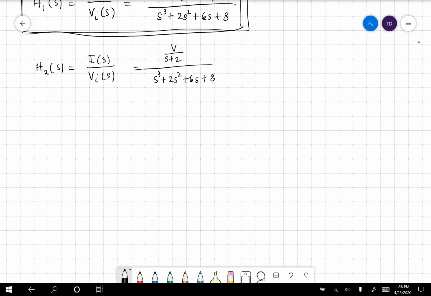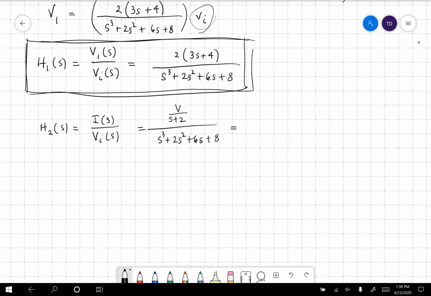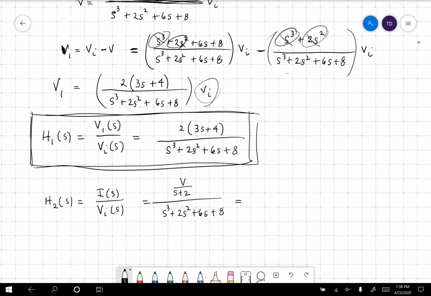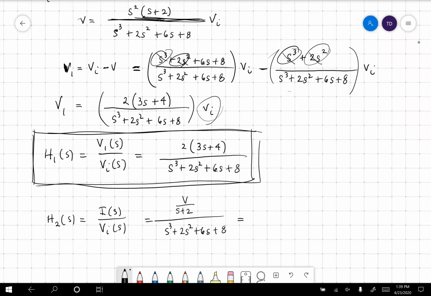Okay, so now what happens? So this time, this is equal to, where's V? I'm going to pull my V out. Just slide down just a little bit. There we go. V, right there. S squared. This one. Right here. If you can see that. Yeah, that one right there. Okay. So it's S squared, S plus 2, divided by,